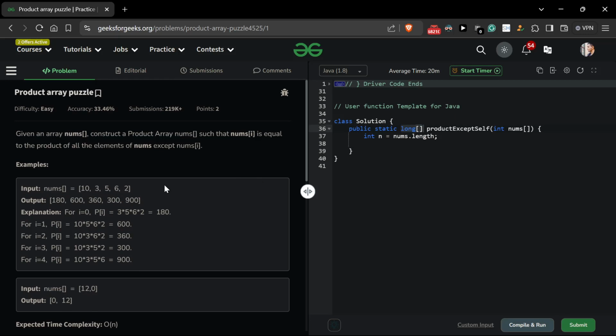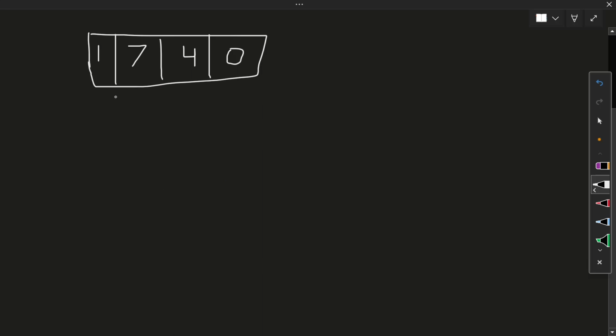So let's build the approach. We have this array. Why have I taken this array? Because only